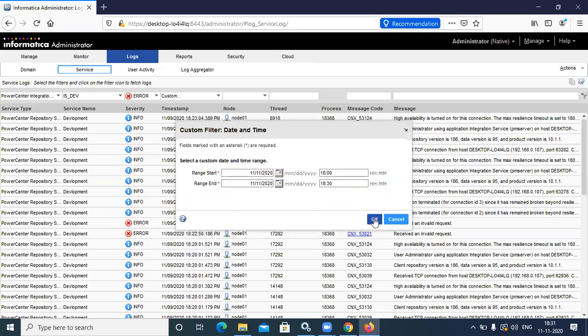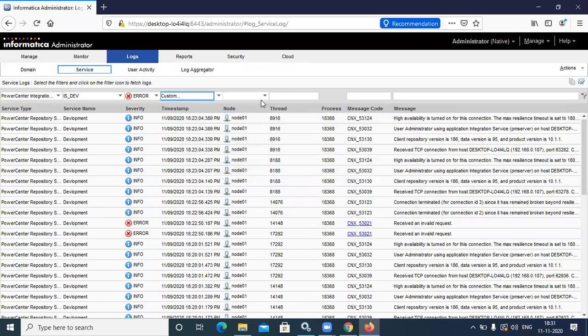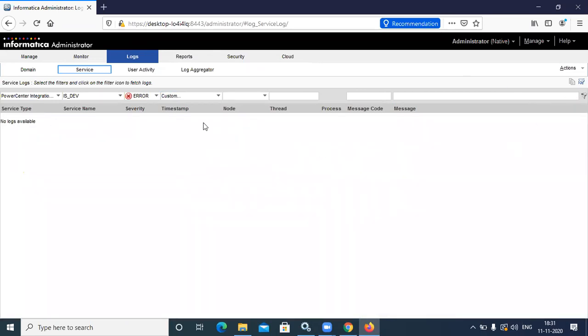Okay, so in between this time we can filter, and this option indicates the node, on which node, no need to select that. Okay, then click on filter, where we are trying to filter error logs of